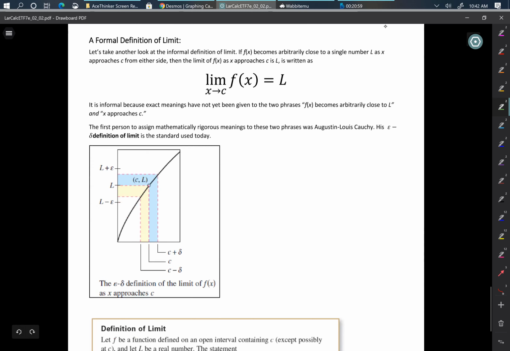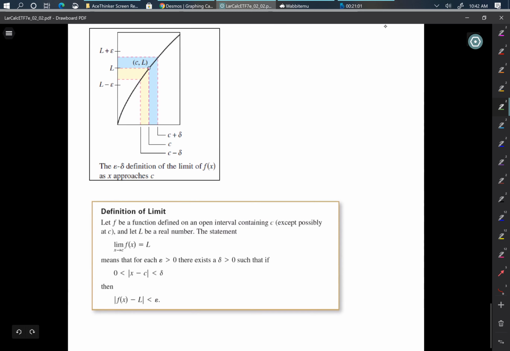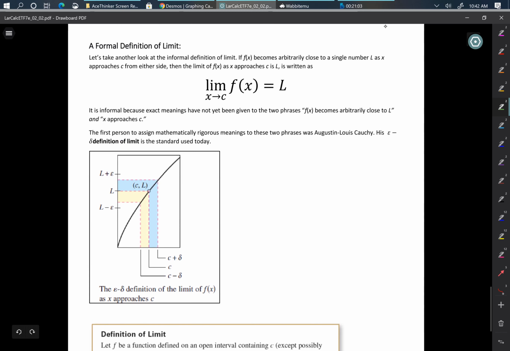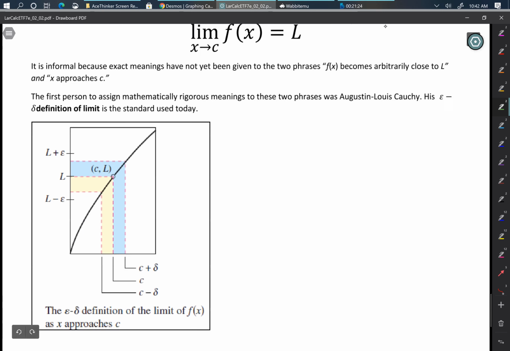All right, the last little bit here is the formal definition of the limit. I know we're a little bit over 20 minutes, and I try to keep them short, but we're just going to take a look at this here. It is not something I'm going to be testing you on. You probably won't see it again until you get to a higher level calculus course, like a 300 or 400 level calculus course. But the formal definition of a limit says this,